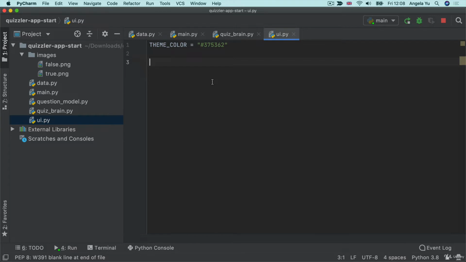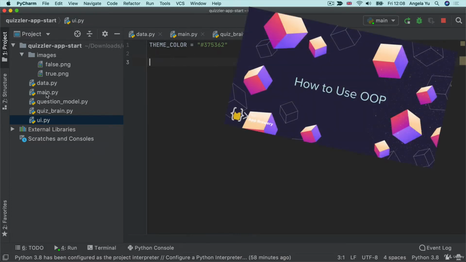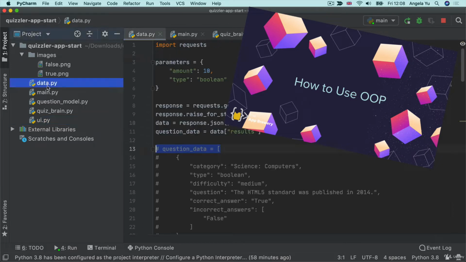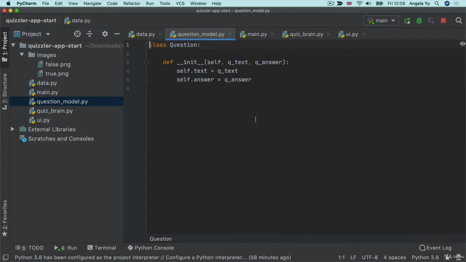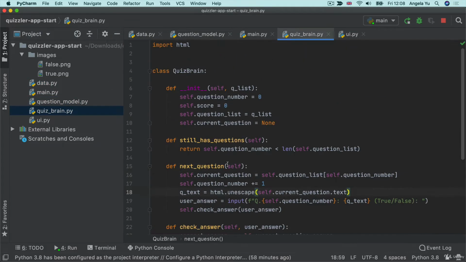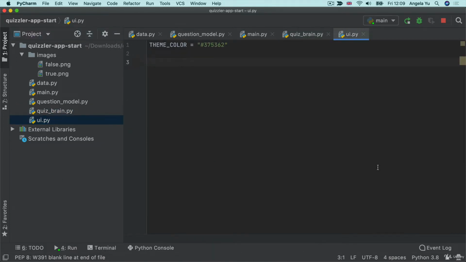Now we've seen how we can create graphical user interfaces using Tkinter, but in this case we're going to do something a little bit different. We're going to create our user interface in Tkinter, but we're going to do it inside a class. If you remember from day 17 where this project comes from, that was when we learned about object-oriented programming, and we learned about how to separate out our concerns, like the part that fetches the data, or the part that models each of the questions, or the part that handles the actual quiz functionality, and they're all separated in their own class. In order to create our user interface, we're also going to create our very own class inside this